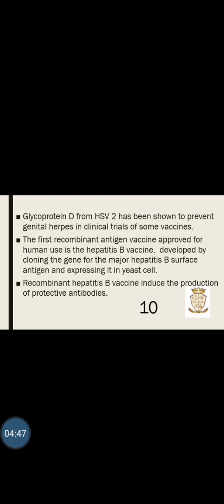Glycoprotein D from HSV-2 has been shown to prevent genital herpes in clinical trials of some vaccines. The first recombinant antigen vaccine approved for human use is the hepatitis B vaccine, developed by cloning the gene for the major hepatitis B surface antigen and expressing it in yeast cells. The recombinant hepatitis B vaccine induces the